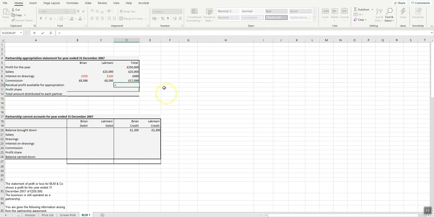So equals, it's going to be the 250,000 profit that we made, less the salary, less the commission, but plus the interest on drawings, because essentially the partners owe that back. So let's just do, sorry, whoops daisies, let's try that again. So I'm going to say it's equals that